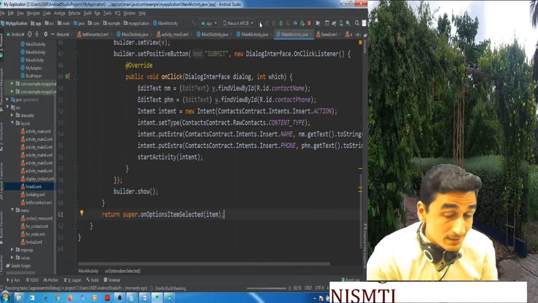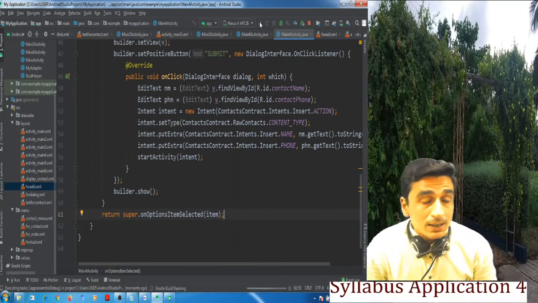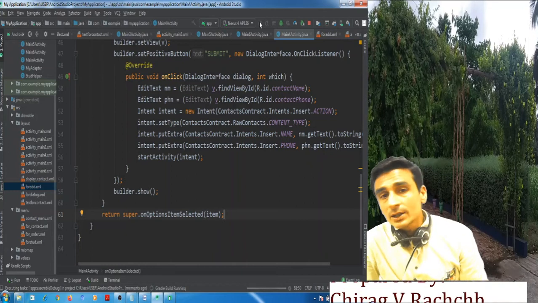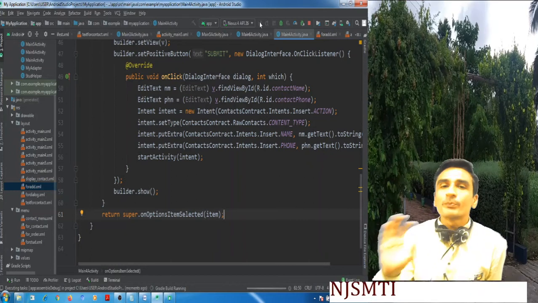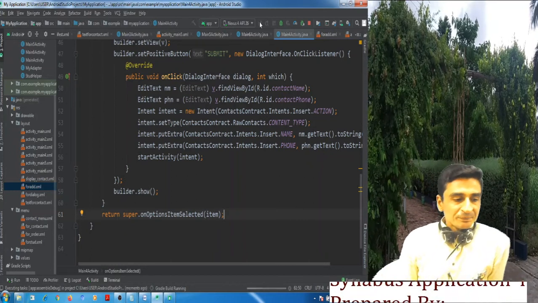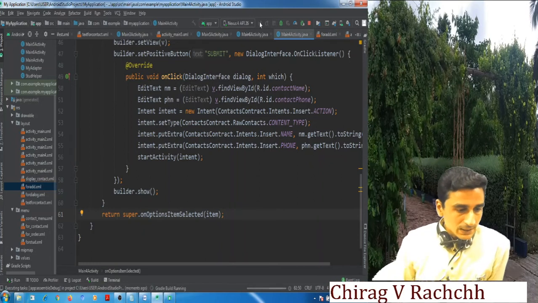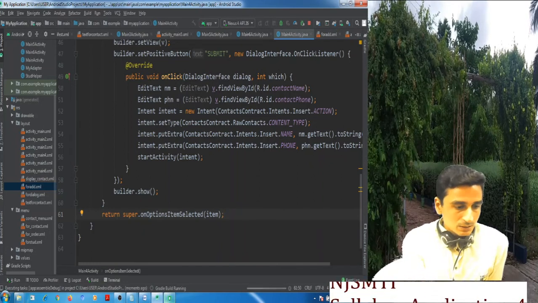In that case, the system expects that the method must return something. It is the basic concept of the programming language. Okay, let's check it.